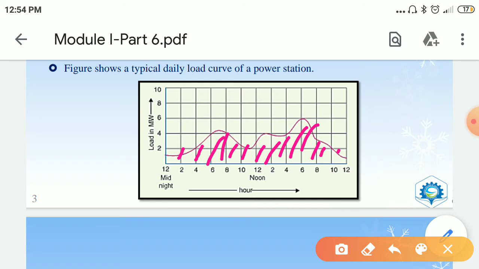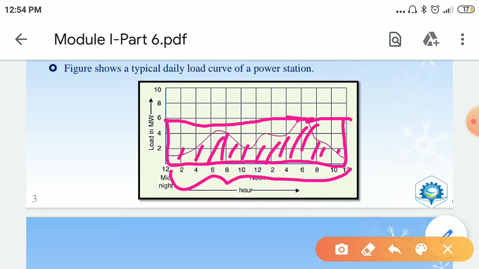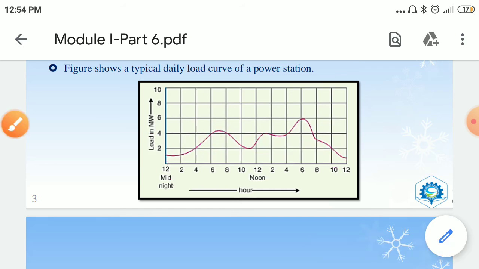So what is happening there? Maximum demand is this much, correct? Into 24 means actually it will be this area. If you are multiplying 6, and 6 is the maximum demand, isn't it? Into 24, which means this is the 24 hours, correct? So into 6. This area of the rectangle becomes the denominator.